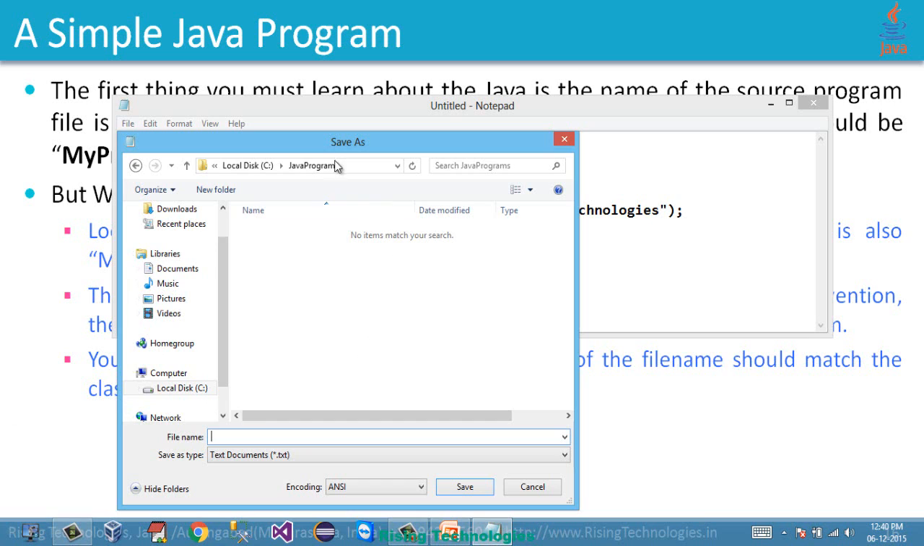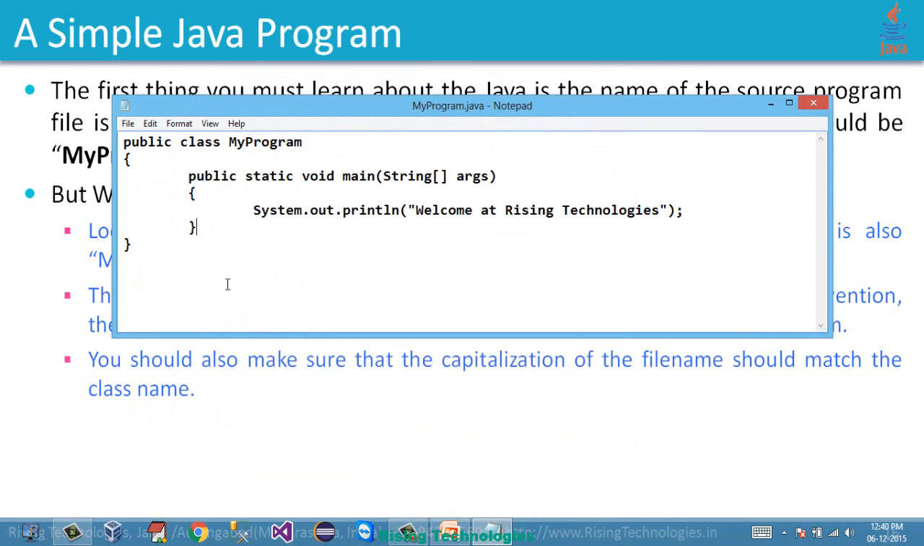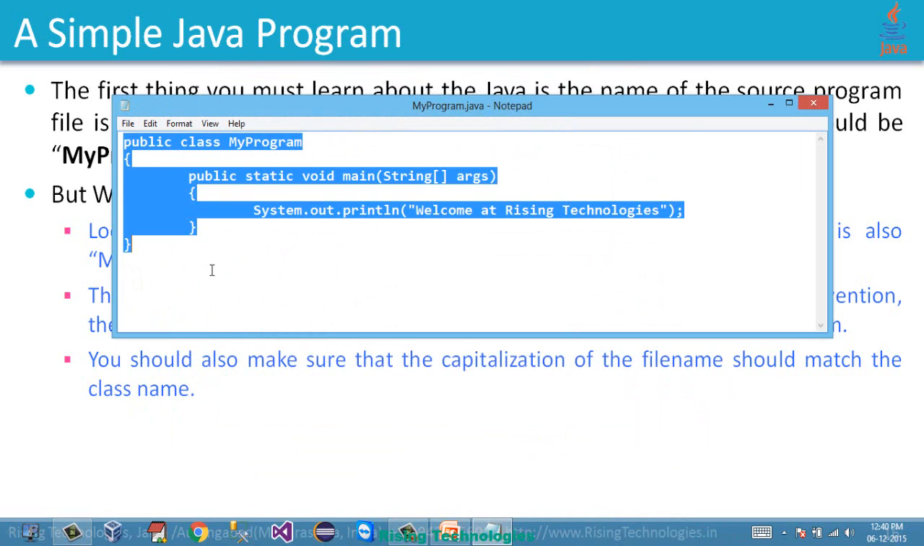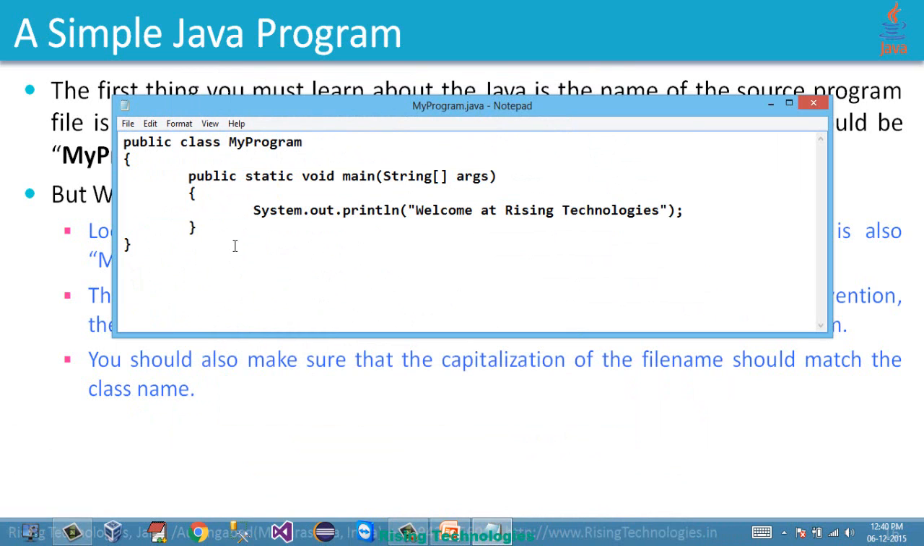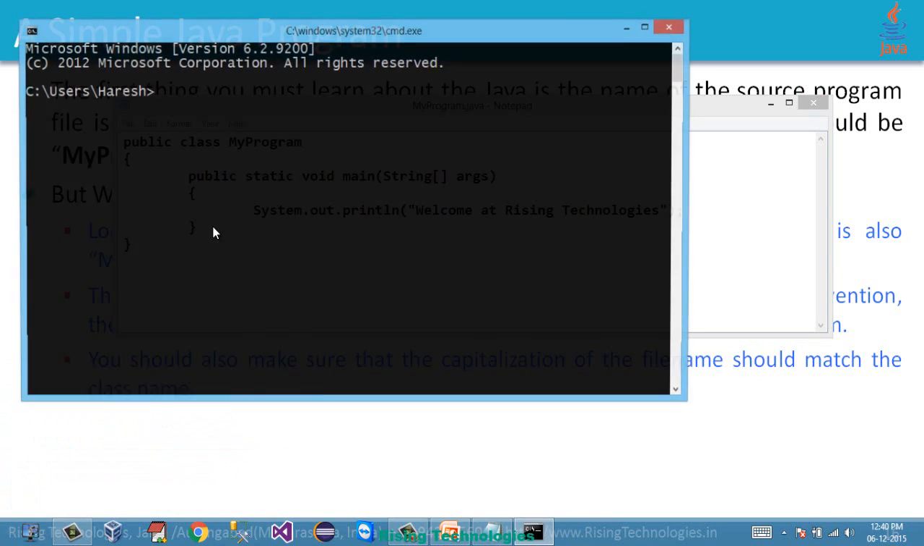I need to save this file with the name myprogram.java. I have created and saved my Java program. Now the next step is I need to compile this, and in order to compile this program I need to go to command prompt, just go to run, type command,